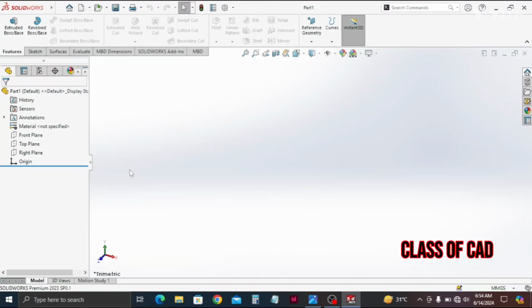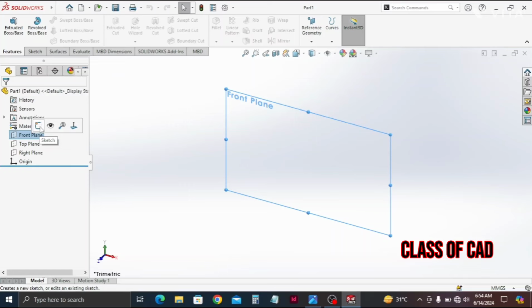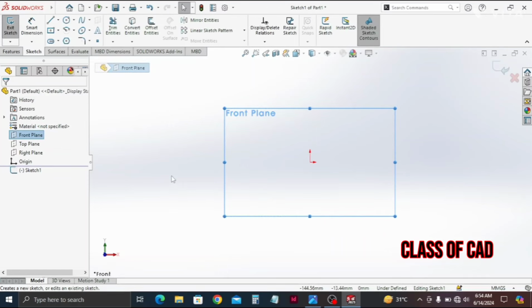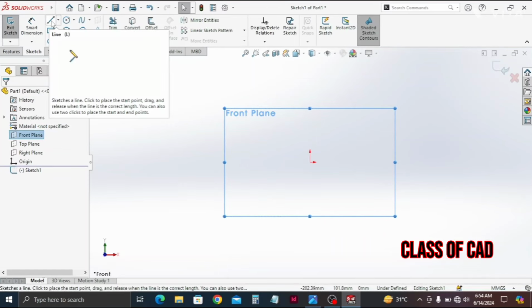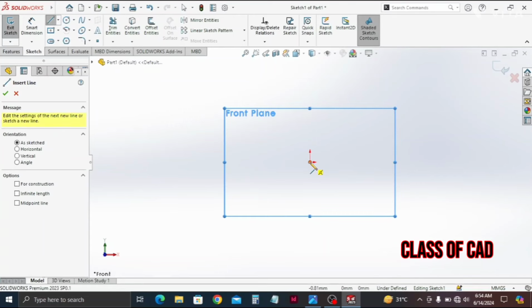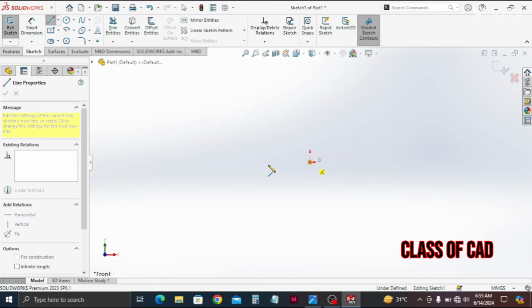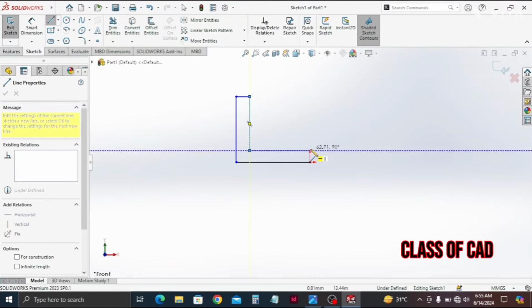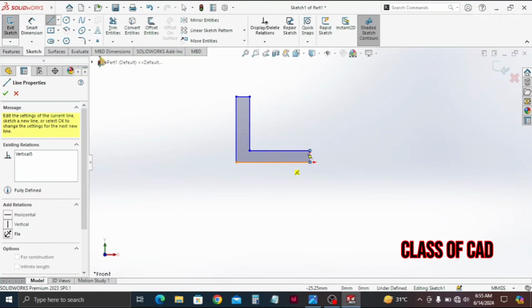Let's select a plane, that is front plane. Click on front plane and click on the sketch. After that we have to click on the line tool and create a sketch. Click on the origin and then drag the cursor left. After a distance, move the cursor upward vertically and create such type of sketch as shown in this. Let's select the smart dimension